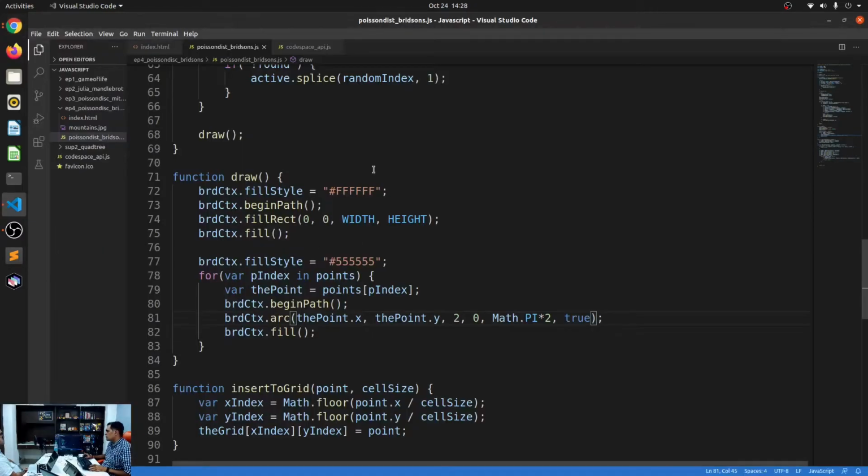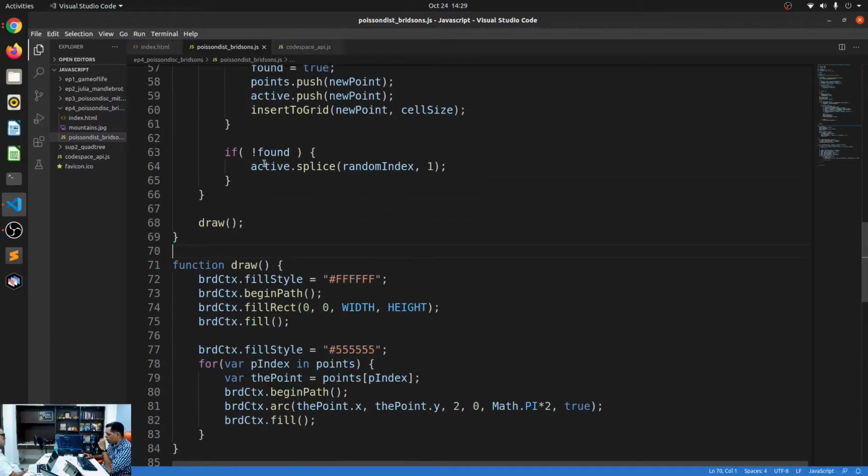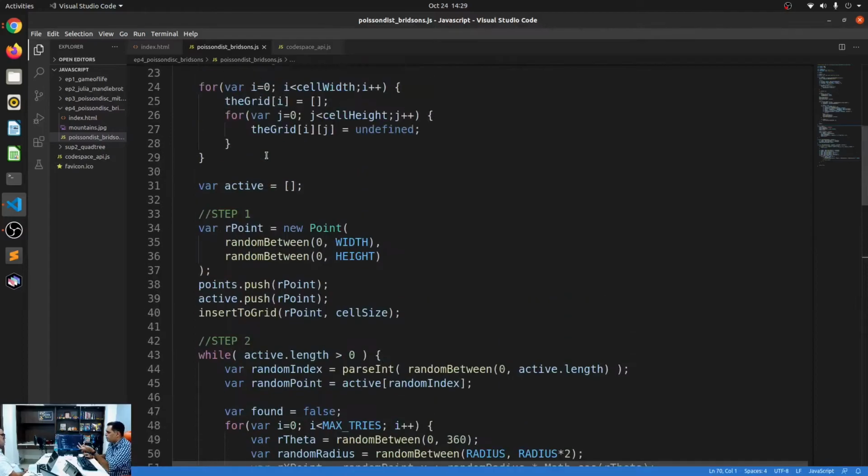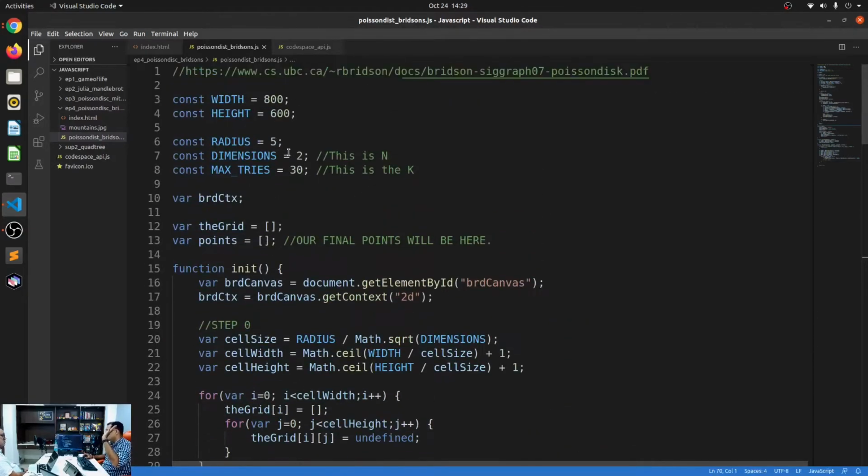Or do you want to animate this? Sure. I think it'll look great if it is animated. All right. So let's do the animation first, and then we can do the image overlay on top of this. A lot of these, Britson's algorithm and even Mitchell's best-candidate, show it animated. It's actually easy to do, because at the finish of the init function, we have already initialized the points.